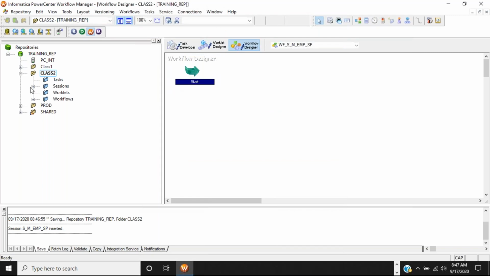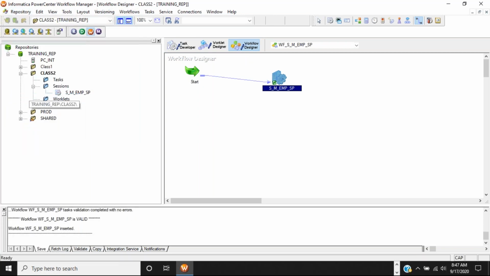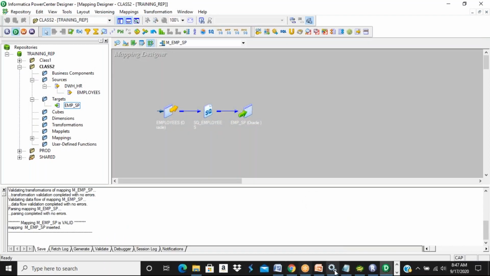Click OK. Drag the required session into the Workflow Designer. Click on Task, click on Link Task. Link it, and whatever code you have developed, you need to save it in the repository database. This is a sample code which we are going to use in every session. What is going to change? In between, the transformations are going to change.